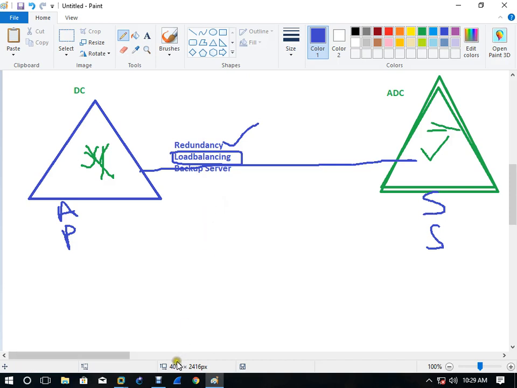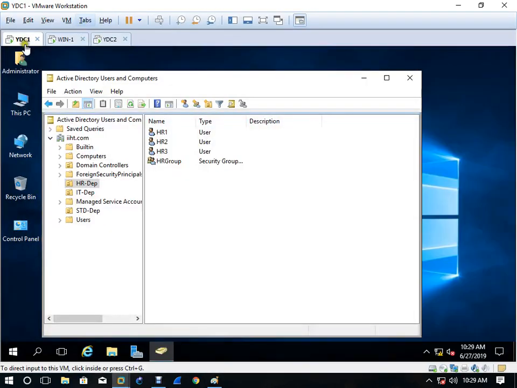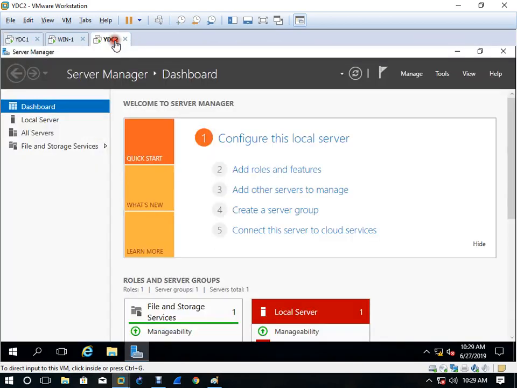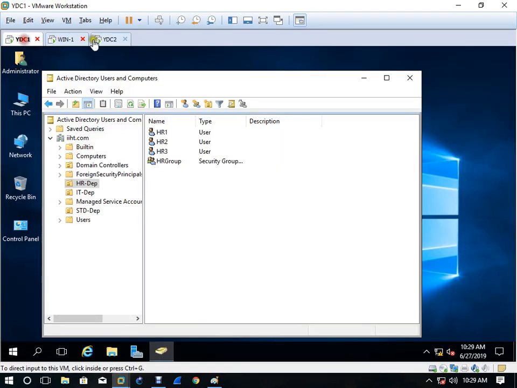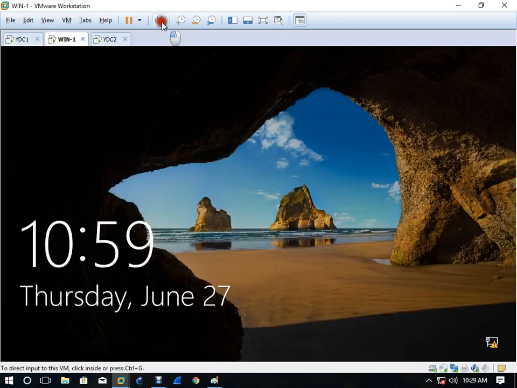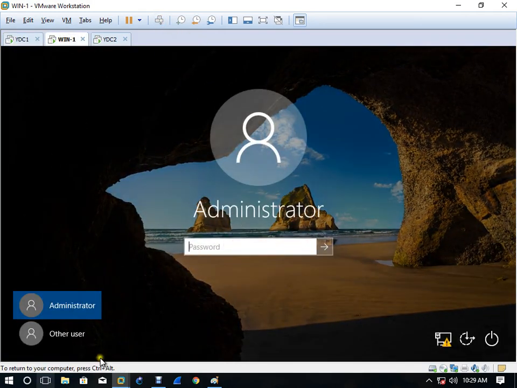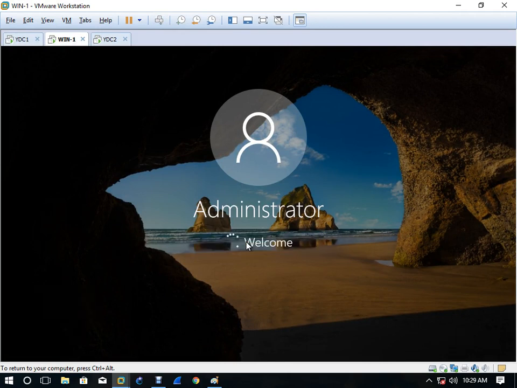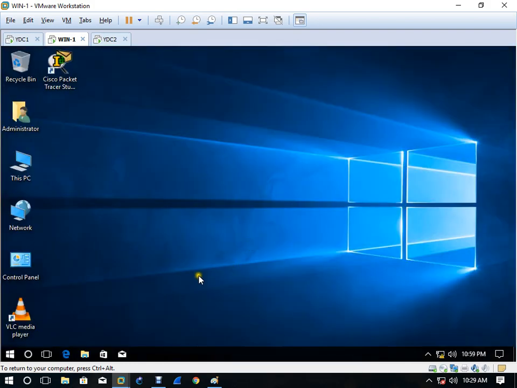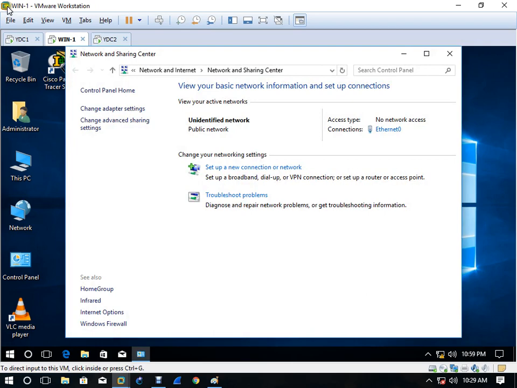So as per the lab, we need one domain controller, a second domain controller which is the backup, and one client. First of all, we have to add this client to the domain controller. Let's add. For adding, we'll check the IP address. What is my server IP address?